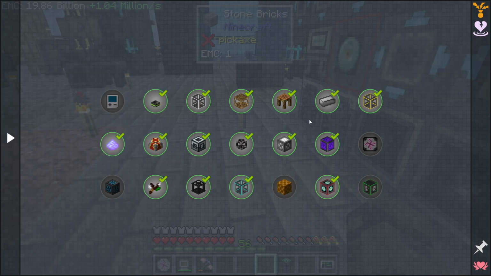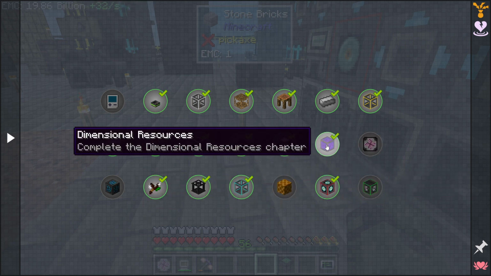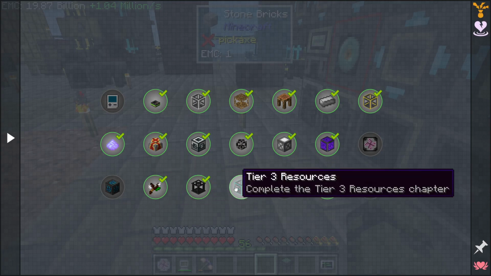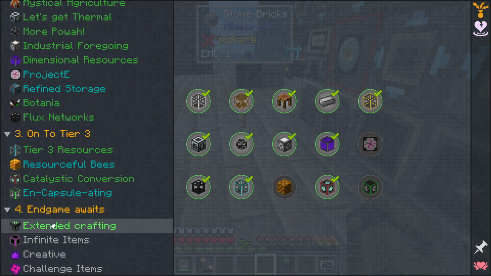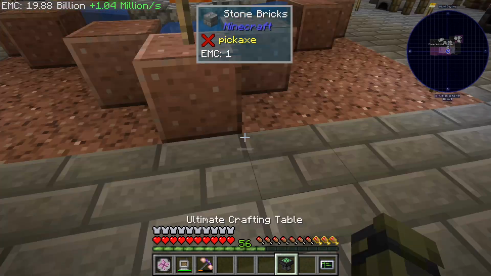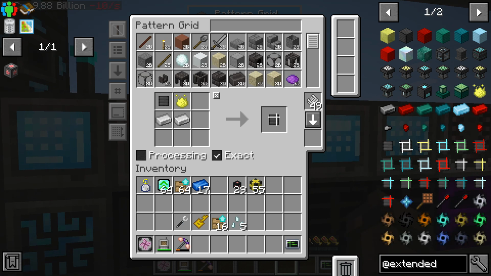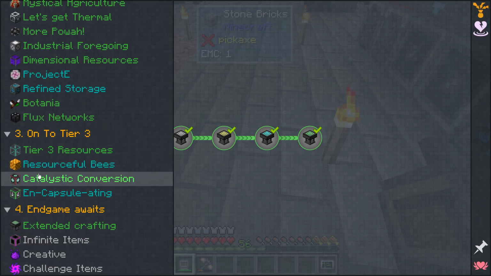So extended crafting is, where is it? Where's the chapter reward for extended crafting? Maybe there isn't? Oh no, there's none, because there's no reward when you start going into the end game awaits. So extended crafting. If you come here, no blah blah, no blah blah, no blah blah, no blah blah, which is why I really didn't care to describe it. Now, okay, so now because this one has details,